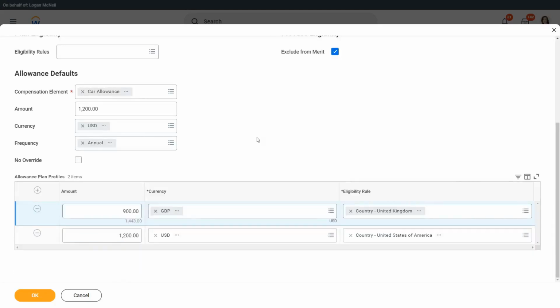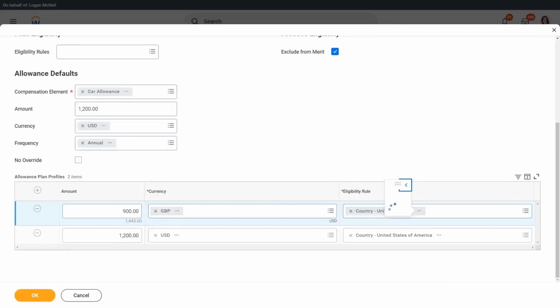Let's say only people of the IT department. Or maybe if you are in the IT department and in the US, you get $1,200. If you are in the sales department and in the UK, you get $900. Yes, you can combine multiple conditions in one eligibility rule as well. This is a simple, straightforward rule.